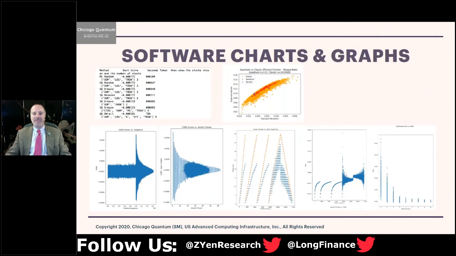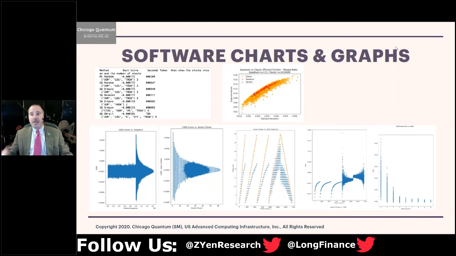We're right on time. So these are some charts. I just wanted to walk you through some of the visualizations we get out of the system. The top middle, for this particular client, this is all for one client. The yellow is 1.63 million Monte Carlo runs. The blue is the genetic algorithm, the simulated annealer, and the Monte Carlo. And the red is what the quantum computer gave us. And so it picked right along that hyperbolic kind of efficient frontier curve.